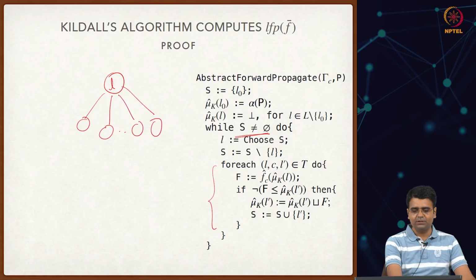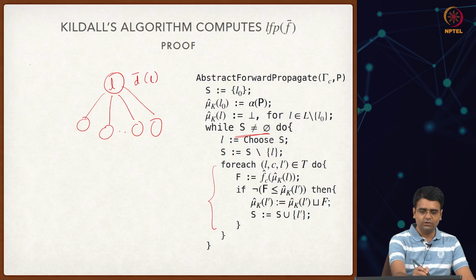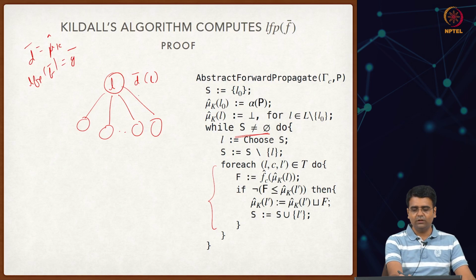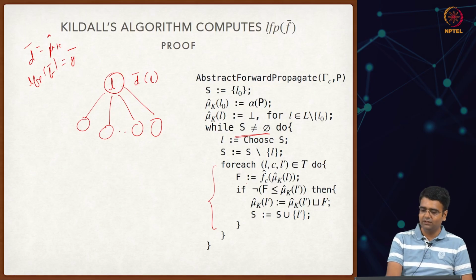So whatever is the abstract value at the location L, which is mu hat k of L. According to our notation, this is d bar of L. Remember, d bar is equal to mu hat k, and the least fixed point of f bar is g bar. This value at location L is going to be propagated to each of its successors by this for each loop. The way that happens is that you first take the value at the location L and then apply the abstract transfer function of the program command